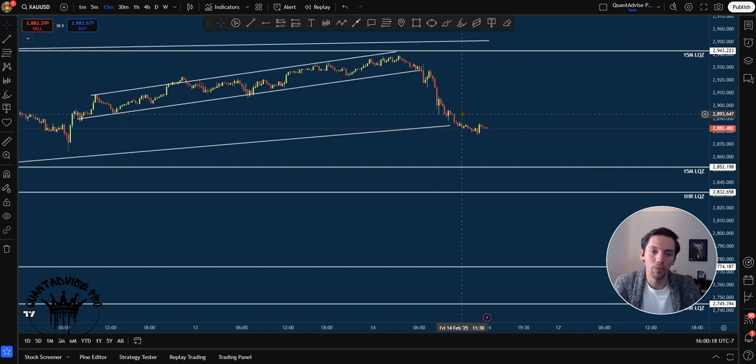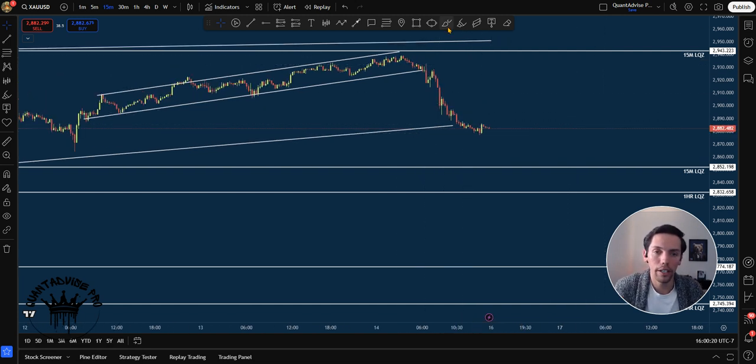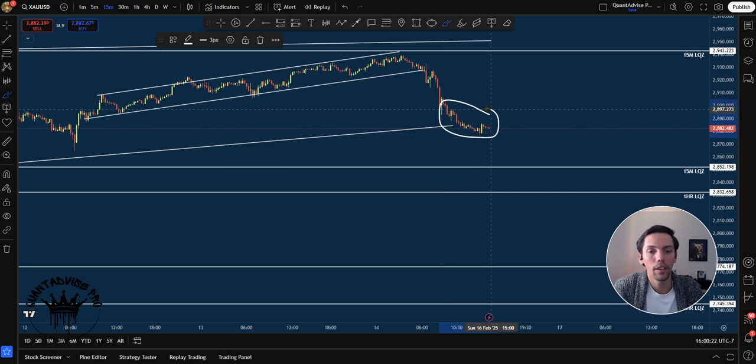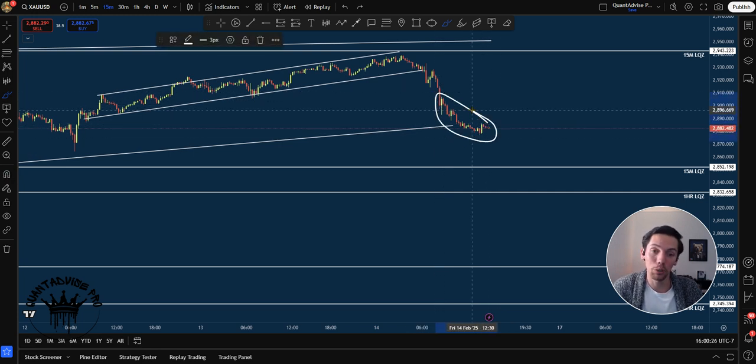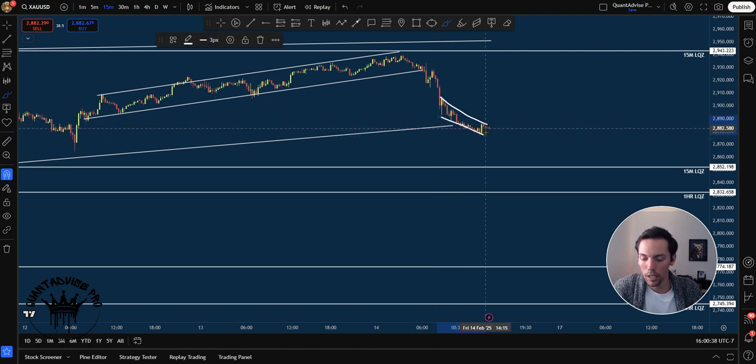I'm not a massive fan. When I see price like this here, it's not giving me a whole lot, right? So I don't like to jump into positions just because we're moving downwards here. It's not very often you're going to see price just kind of trickle. I'm going to look at the 5-minute time frame to see if this is some sort of descending channel here,